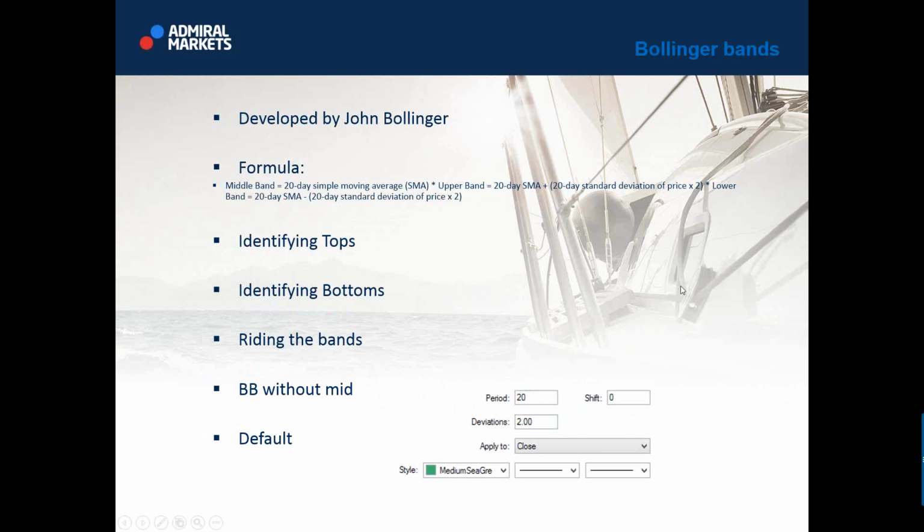Bollinger Bands were originally developed by John Bollinger, and the thing is they are pretty much used in forex and stock market trading. When John Bollinger created those bands, he had basically stock markets in mind. The thing is that